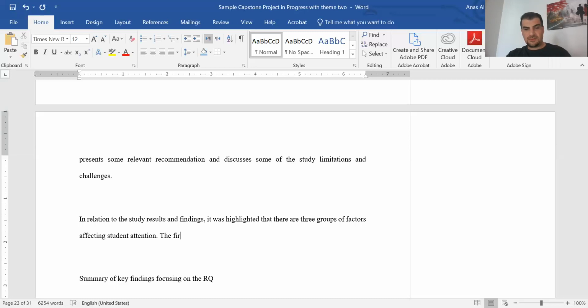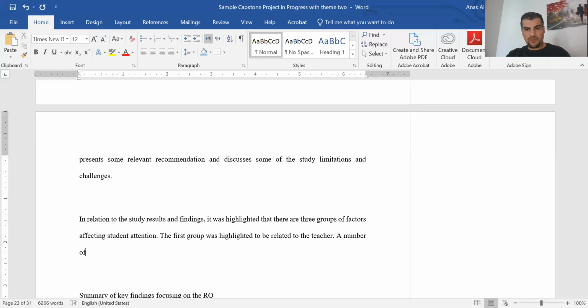The first group was highlighted to be related to the teacher. A number of issues were discussed. Do you notice, guys, that I'm using the simple past now because I'm talking about something that I've already done in earlier sections? So a number of issues were discussed in this section, and the most significant